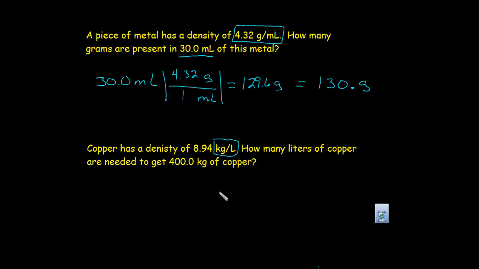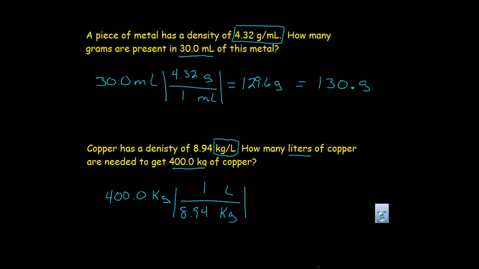It's mass over volume. We have kilograms this time, and we want liters. So I'm going to start out with my 400 kilograms. Now notice I have 4 significant digits here. I also want to get rid of kilograms, so kilograms are going to go on the bottom and liters on top. So I go back to my density. This is 8.94 kilograms over 1 liter, or 1 liter is equivalent to